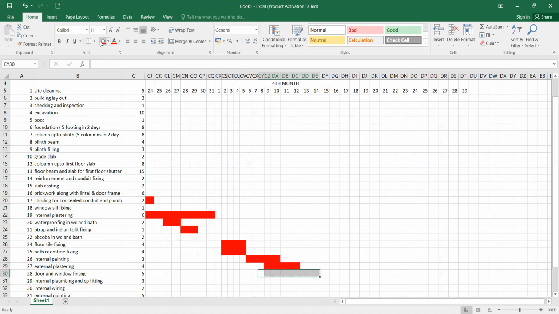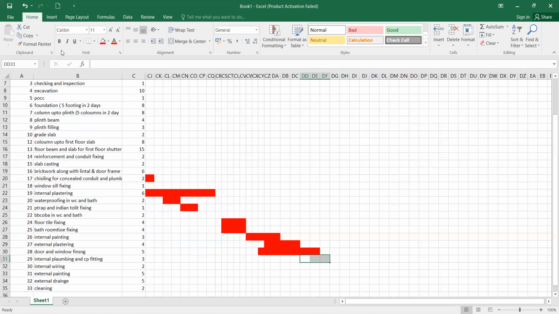Okay, internal plastering as column, finish it up. Then once you add the doors and lock, you can put your internal fixing, CP fittings, and everything in safe custody. For that, I need 3 days. So I have taken 3 days. So that will be done. Then after that, internal wiring I have to do. Internal wiring can also go simultaneously along with this, so I can go simultaneously 2 days.